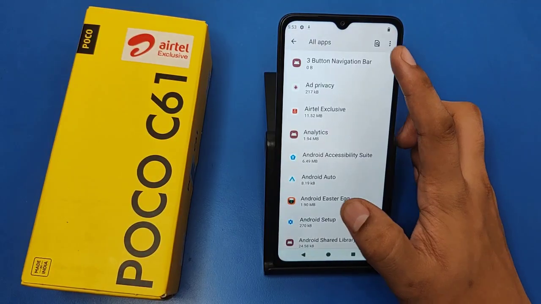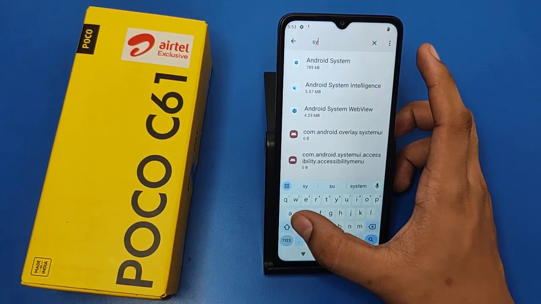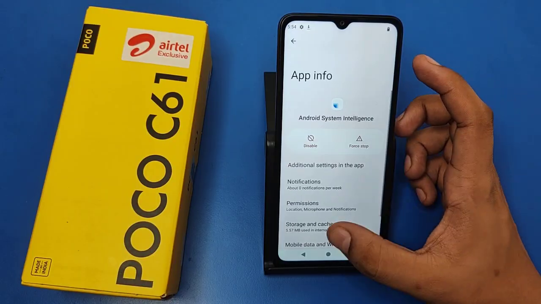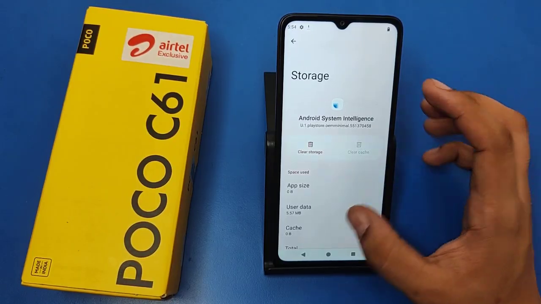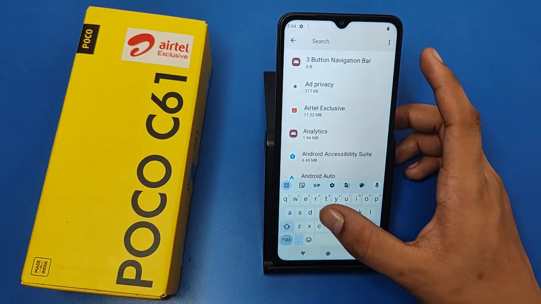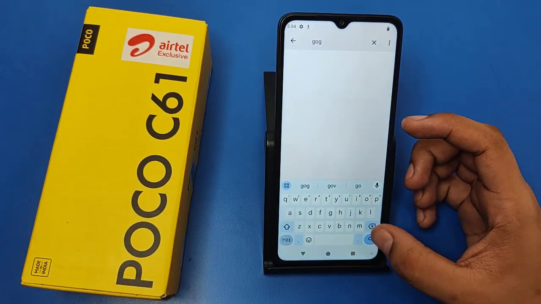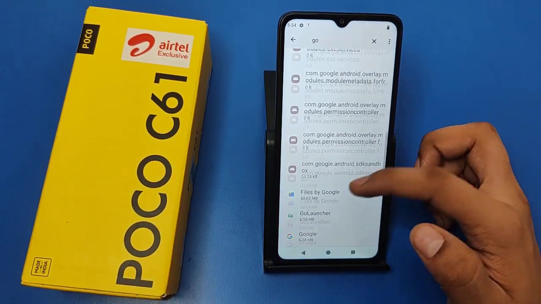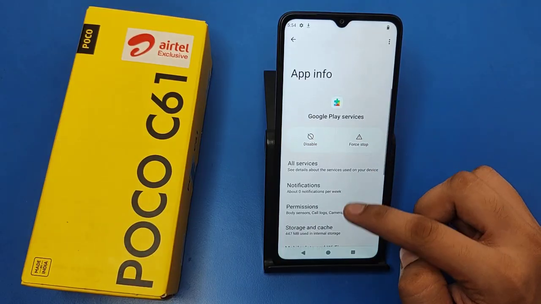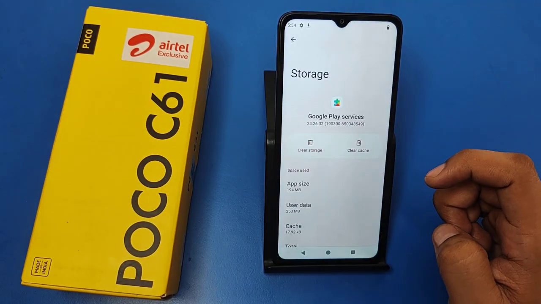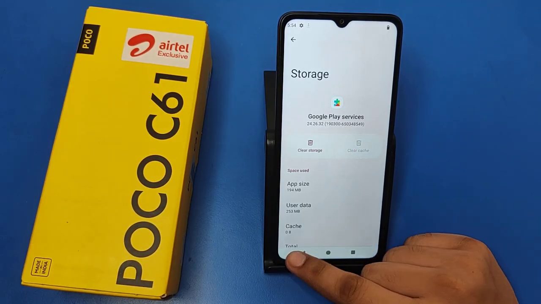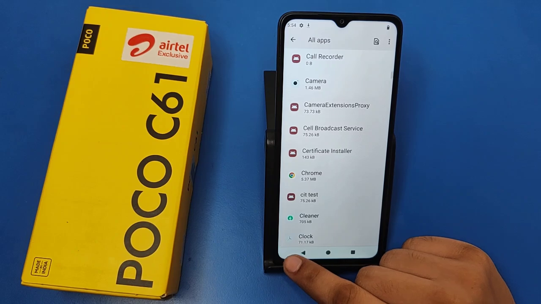Press back. Then again you have to write system here, and here it is Android system intelligence. Click on storage and cache. Clear the cache if it is given. Press back. Then again you have to type Google and just simply swipe down, and here you can find Google Play services. You have to click on storage and cache, and you have to clear the cache, and simply you have to press back